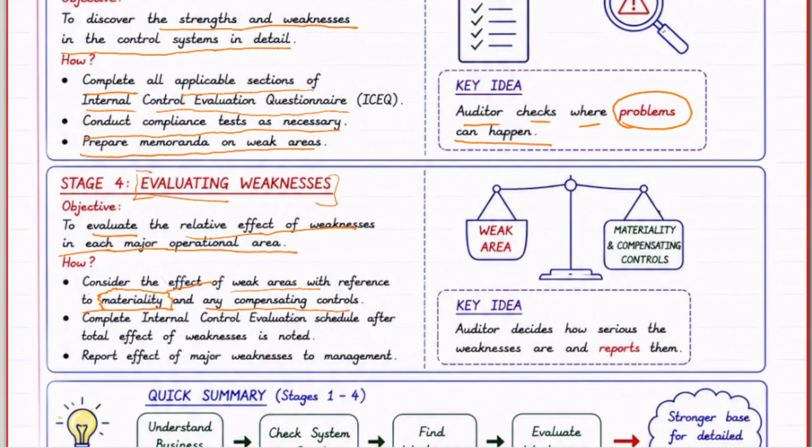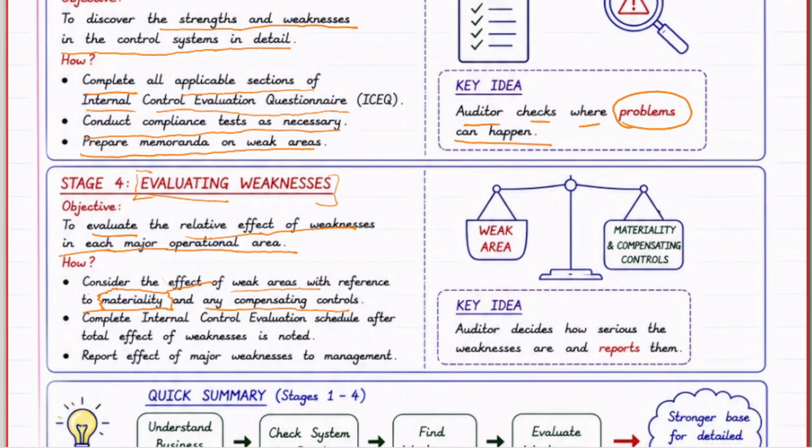Do you understand it now? And there is a CCTV camera. Those are compensating controls that balance, that make that weakness not to be effective. So you are to consider the effect of weak areas with reference to materiality and any compensating